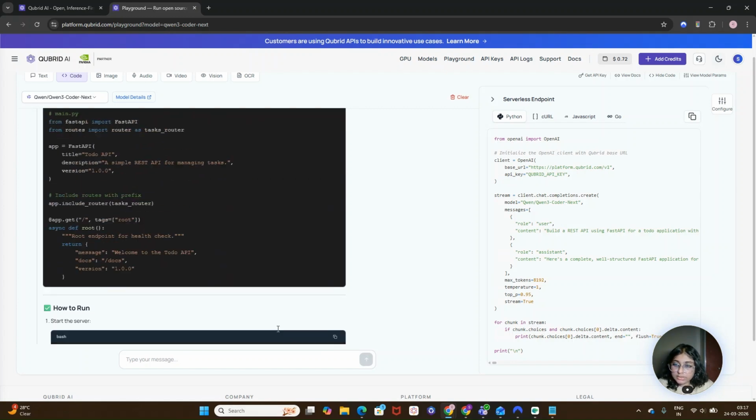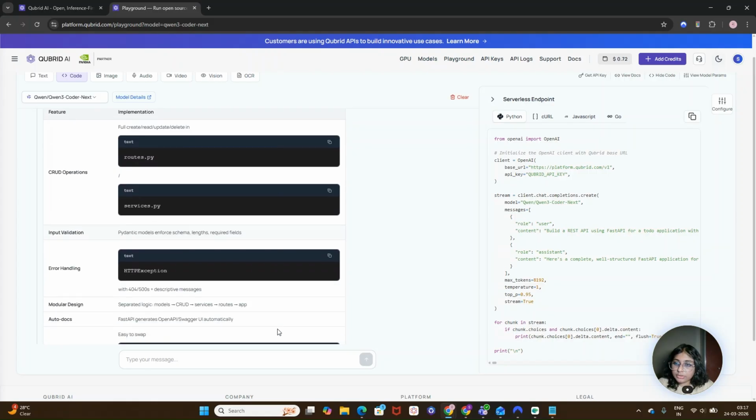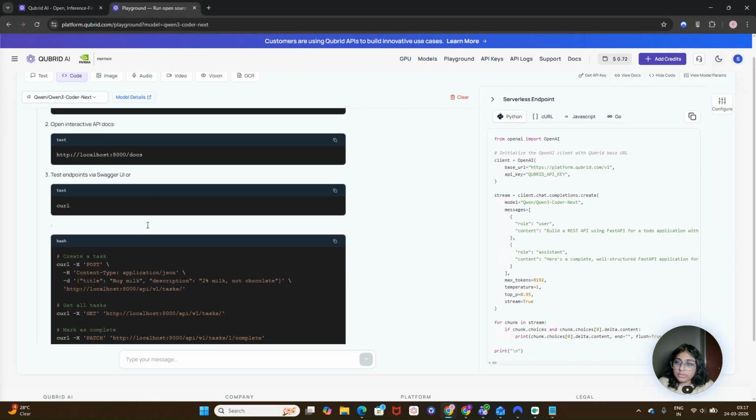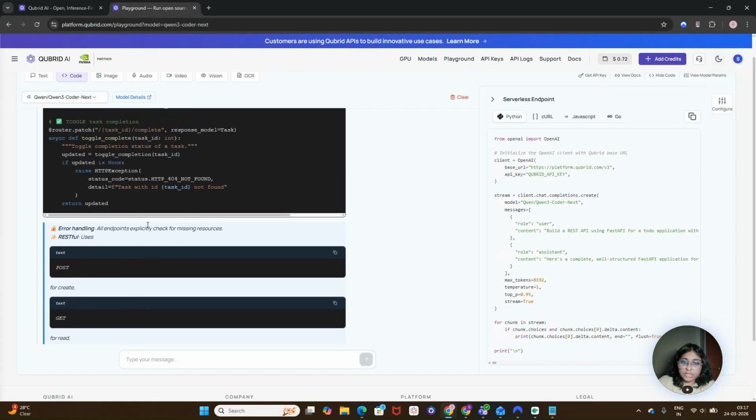So as you can see, it has given us a pretty good output over here. It has shown like how you can handle the errors as well, and everything is in the different files. So as you can see, it has given an advanced code over here. This model is quite useful and designed for advanced coding tasks and deep reasoning, which is ideal for complex backend systems, system architecture, large code bases, and advanced debugging. So if you need something like high quality or production level code with stronger reasoning, this model is quite useful in that.